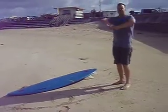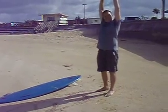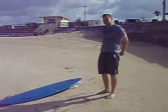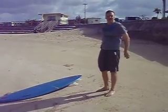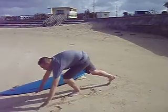First thing you do is you stretch out a little bit. If you don't, you might pull a muscle, and then you ain't surfing with nothing. Stretching is the most important thing because, you know, you pull a muscle and then you ain't doing anything. You're just going home and you're in pain, you're popping Motrin like they're going out of style. So then you go down, you lay down on your board,